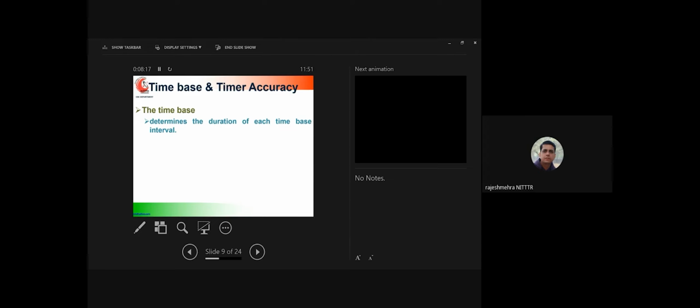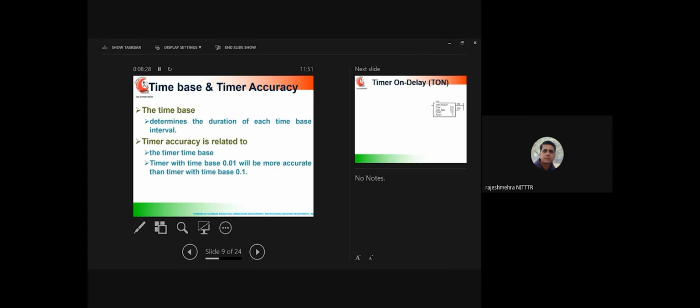Now I will take one example here. As I told you, there may be an option in the PLC where you can select any one of these 3 values, or your PLC is going to provide a timer internal clock of 0.1 second, or it may provide an internal clock of 0.01 second, or it may be 1 second. So actually, in a nutshell, if we take the time base as 0.01 second,